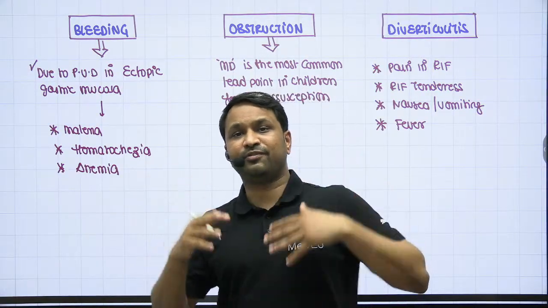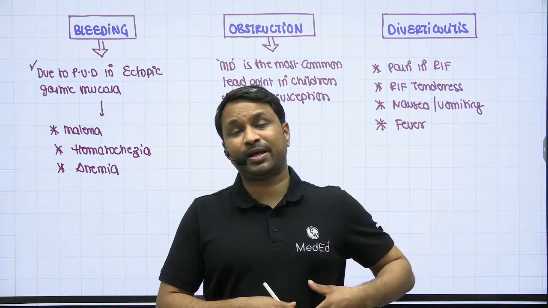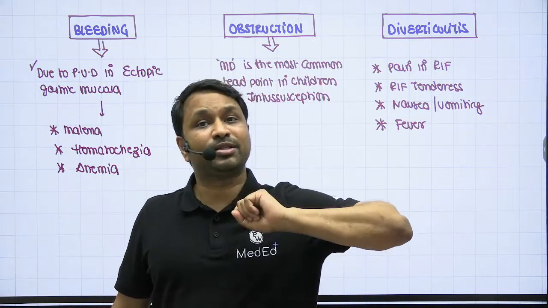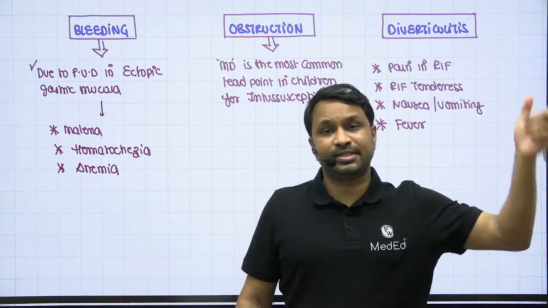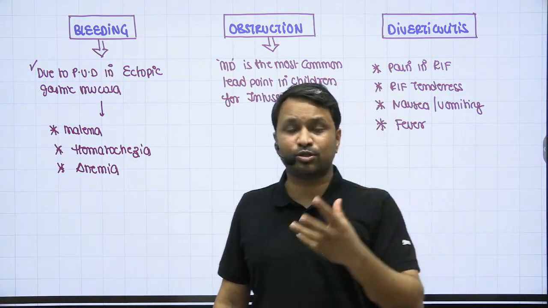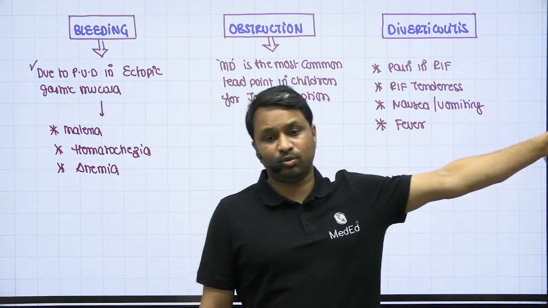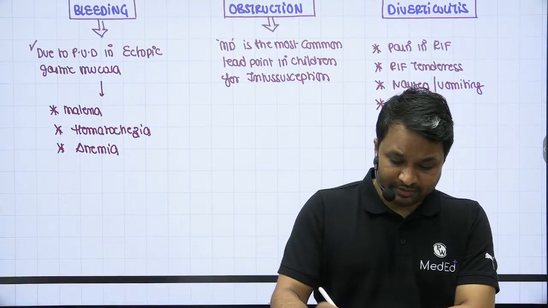Now imagine a patient is infested with H. pylori, the patient will have peptic ulcer disease in the stomach. The same H. pylori cannot grow anywhere else in the intestine, but can grow in the Meckel's diverticulum because of the presence of ectopic gastric mucosa. There it causes peptic ulcer disease, erosions will be there, and erosions cause bleed. So hence that bleeding is secondary to the peptic ulcer disease in gastric mucosa.